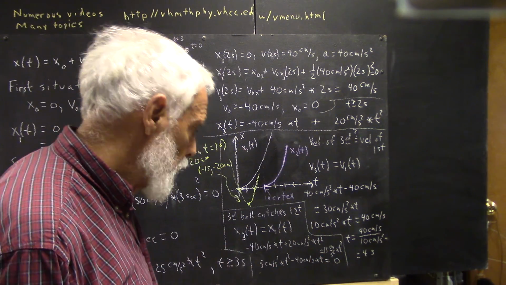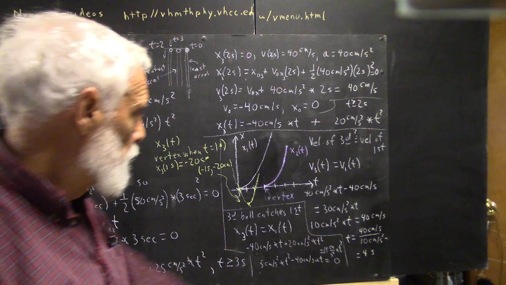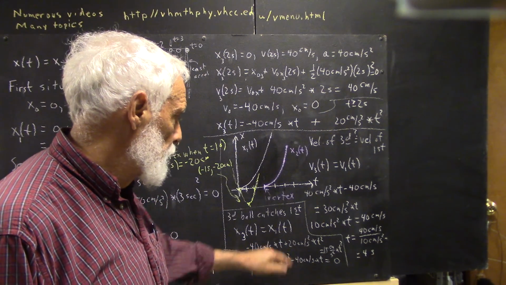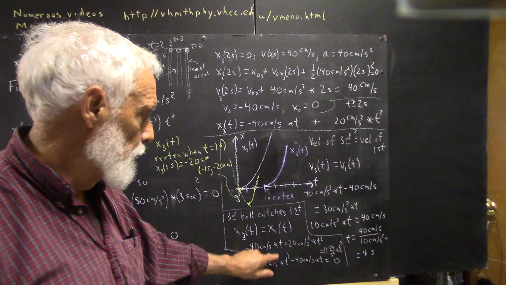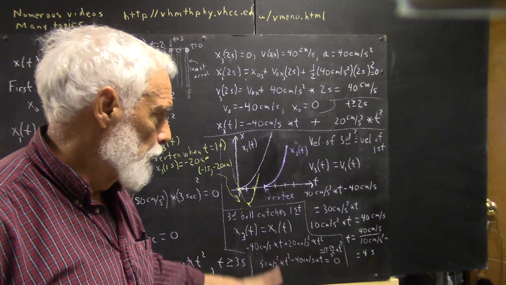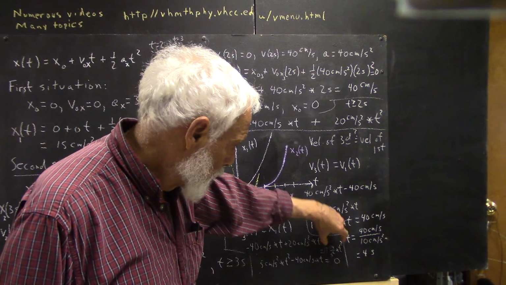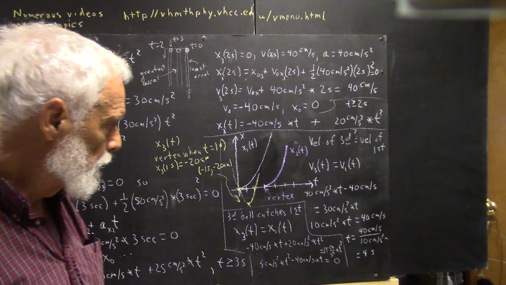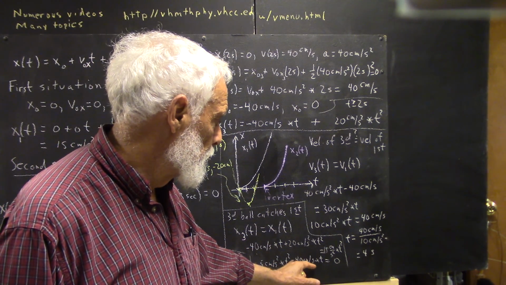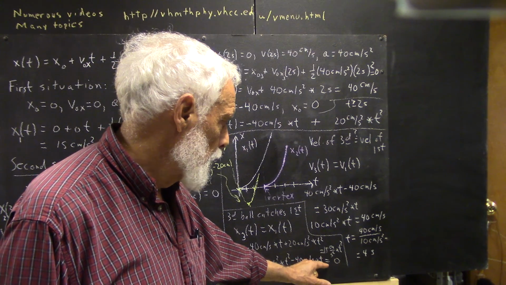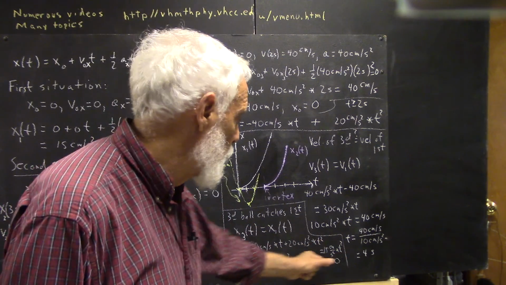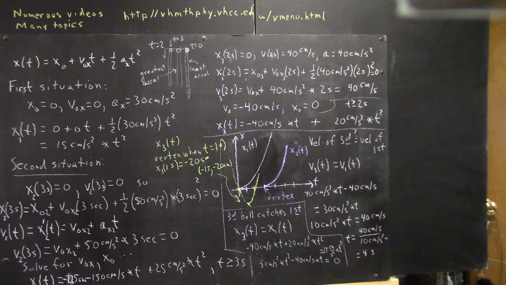We bring everything over onto one side, subtracting 15 centimeters per second squared from both sides. We end up with only 5 centimeters per second squared times t squared, subtracting this term from this term: 5 centimeters per second squared times t squared minus 40 centimeters per second squared times t equals 0. Now we could plug this into the quadratic formula, but in this case it's much easier to solve this simply